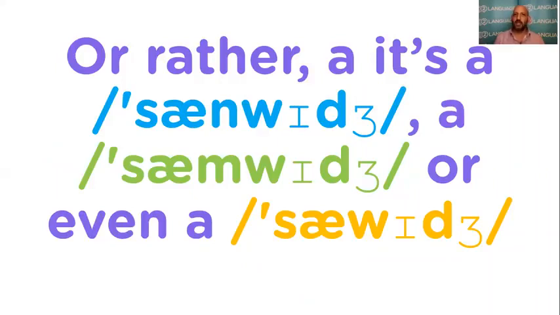Now notice, you have an n, you have an m, or nothing at all. So no consonant sound in the middle of the word when you link those two sections of the words together. Sandwich, sandwich, or sandwich, okay? So there's not even an n or an m in the third, in the yellow option there. All of those are legitimate examples of assimilation, and that is what we do in English. We do it because it works.